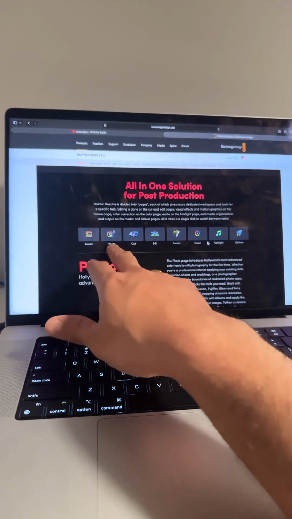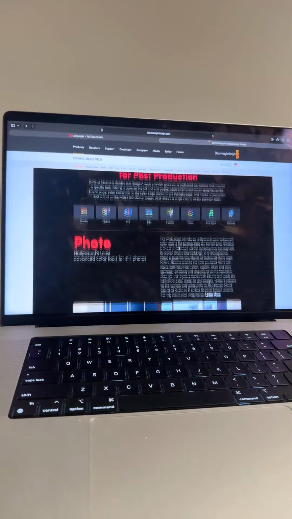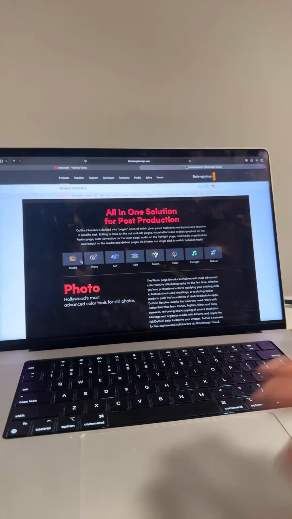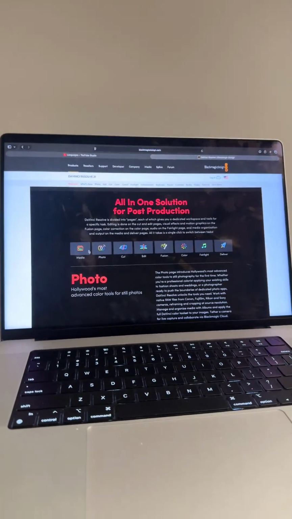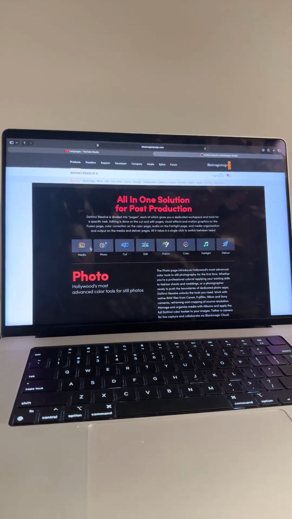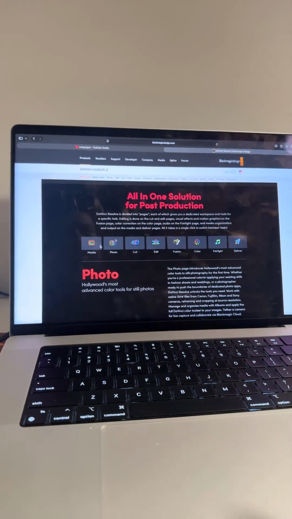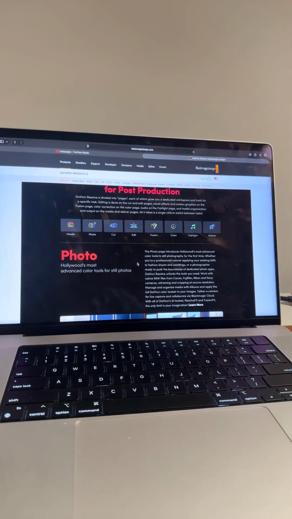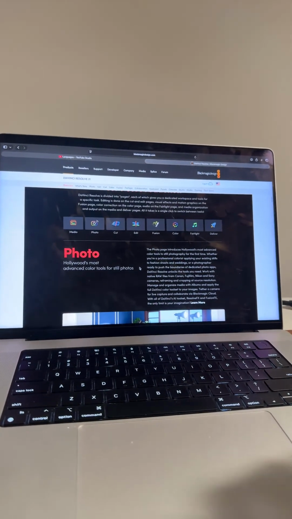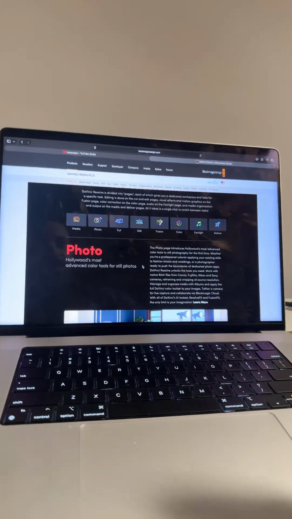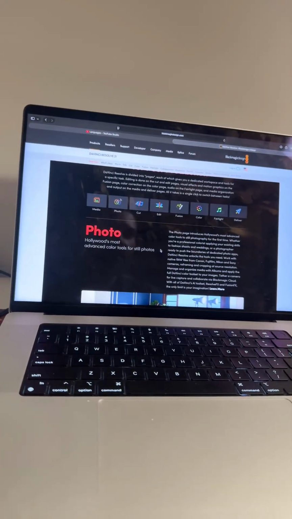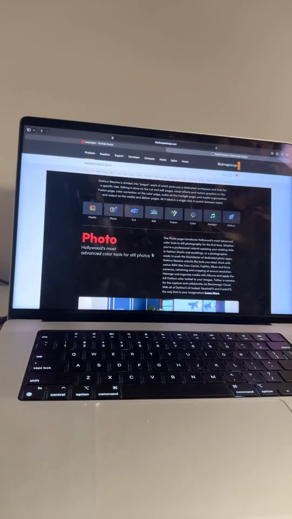And this is the new thing I've been telling you about, the photos. They have a photo editing tab, which is super crazy. I loved it, and I haven't used it yet. I've seen videos, and people are doing really great. And I do believe that if DaVinci ever does something, they do it really great.